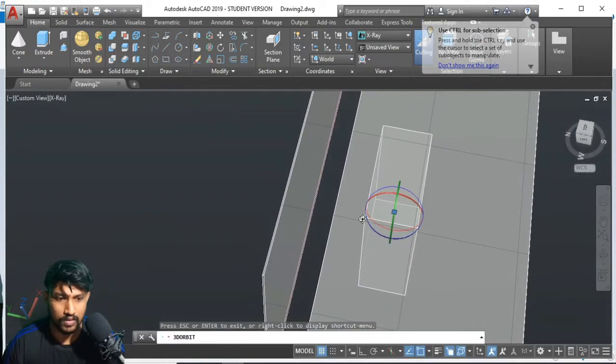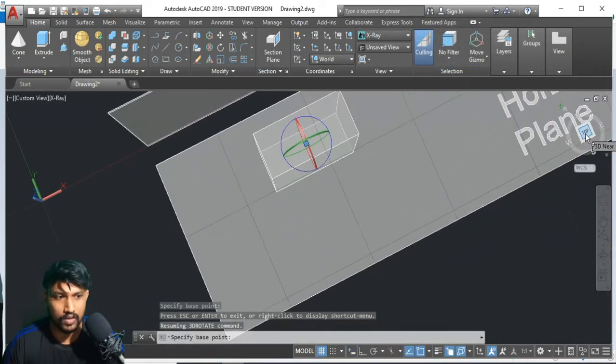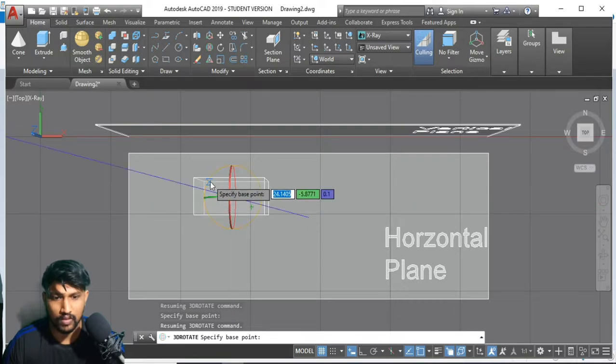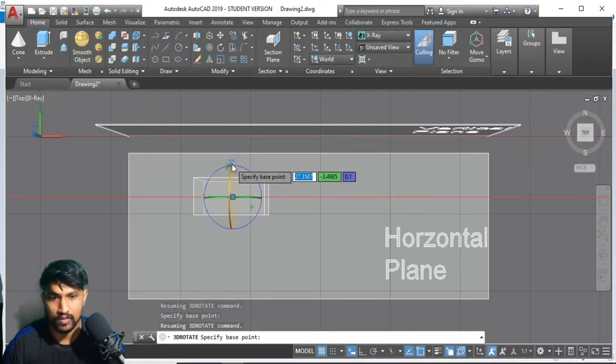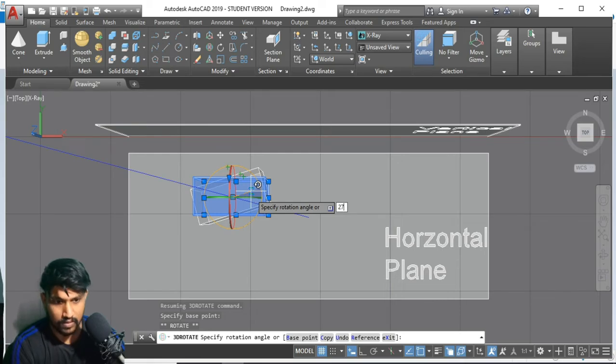Okay, I can rotate it like this. I'll go to the top view and rotate this one by 27 degrees.